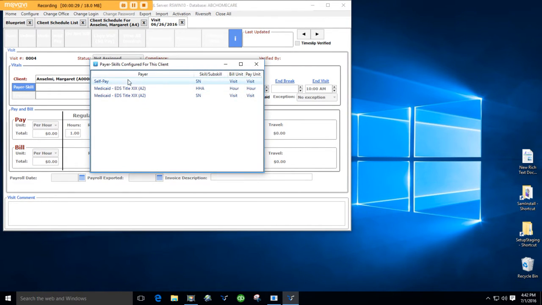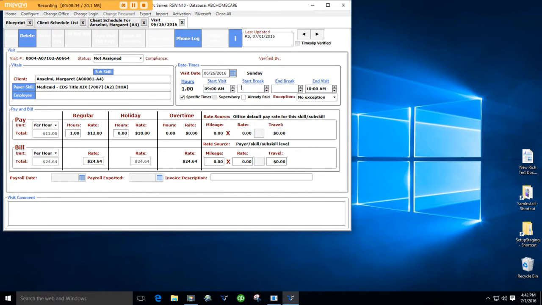These are the allowed skills that have been configured for this client. Home health aide. I've just created the visit. I've got a not assigned home health aide visit for Margaret. Before I assign an employee to this and make it a confirmed visit, I just want to show you around the